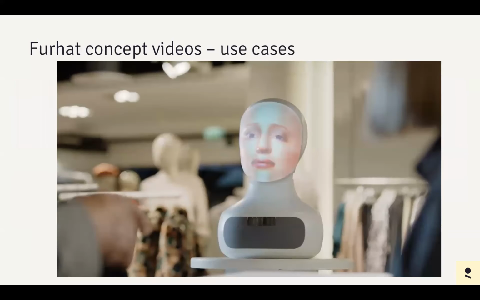So I also want to show you some concept videos from Furhat, or using Furhat. So these are not real user interactions, but it's more to show potential application areas of social robots that can